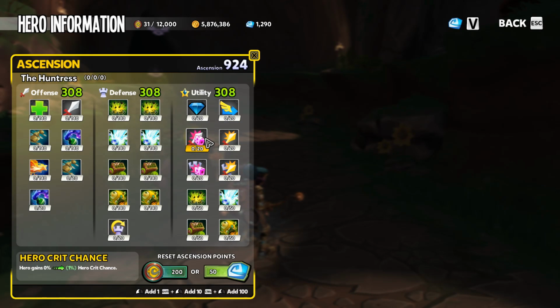This is going to be a DPS hero. Our most important 20 points are going to go into hero crit chance. Now, it's debatable on movement speed just to get around the map a little bit faster, but I personally am a firm believer that hero crit chance, the first 20 points, should just go there. Now, we're not going to be building on this hero, so we don't have to worry about putting anything in